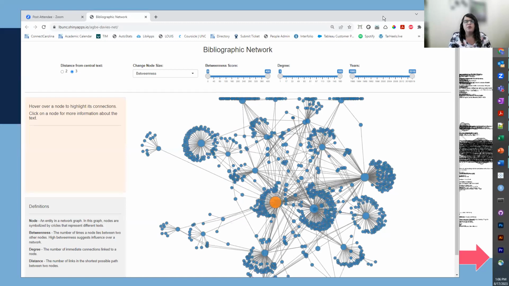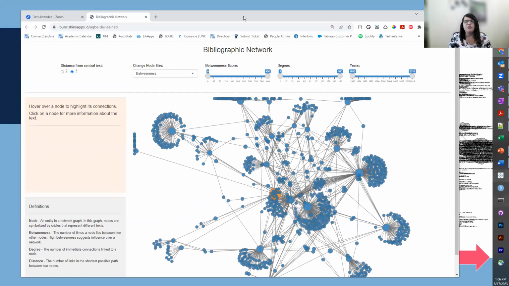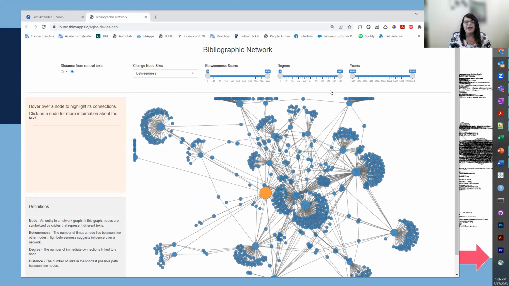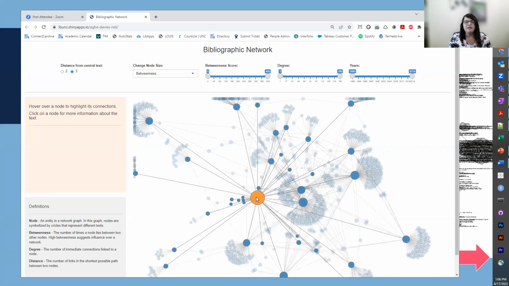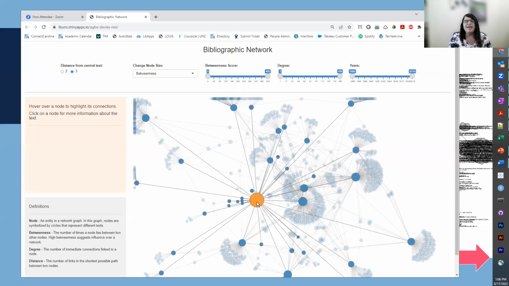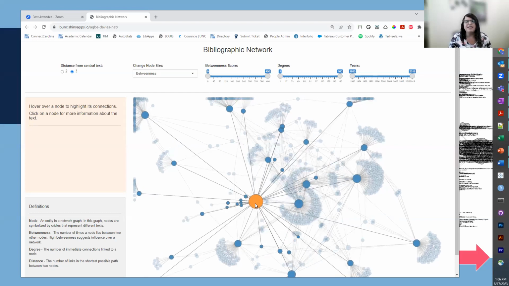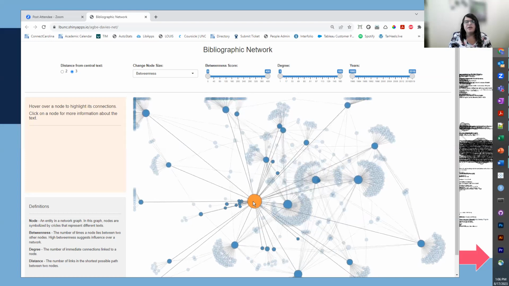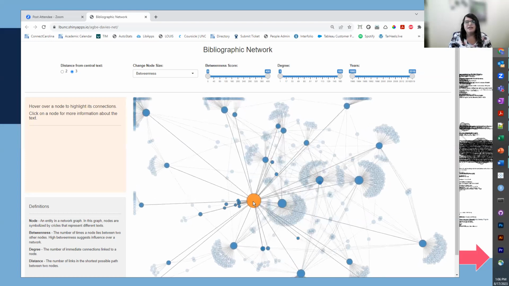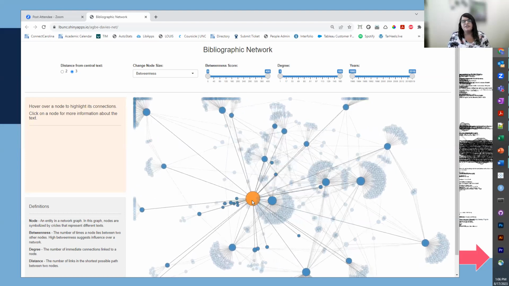But here you can see this is the part that's being produced by the Network D3 package. And when I roll over a node, it might take a second there, it highlights only the direct connections to that node. So it makes it easier to explore this network. This node here, the orange one, is the original text that we're studying. And when I click on this text, or sorry, this node,